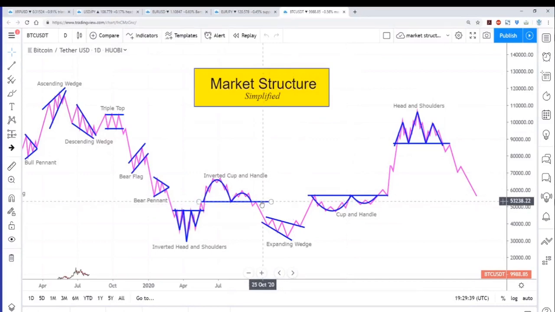Because in a triangle pattern, which is what I use mostly, or a pennant or a wedge, which I classify all as triangles, this top line is your resistance line and the bottom line is your support line. Support, resistance, support, resistance. And they just reverse whether it's moving up or down. But if we were to use these as levels of support and resistance on our chart,